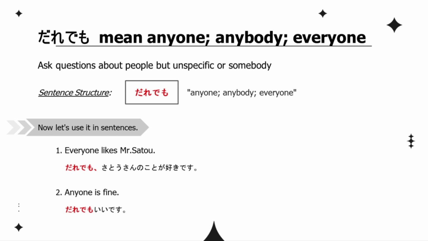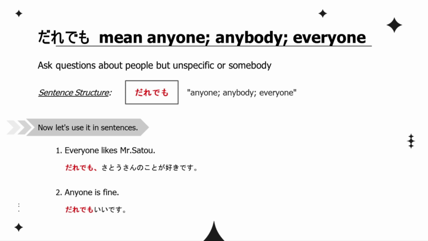Where 誰でも in this sentence means anyone, anybody, everyone. Some examples are here. Everyone is fine. 誰でもいいです。